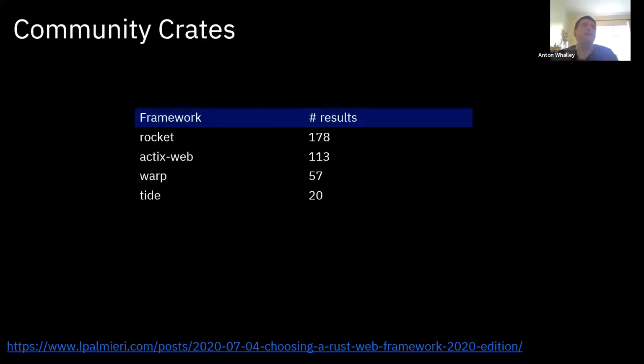And then in terms of the ecosystem around them, so these are crates that add additional functionality on top of the web service framework. Rocket has 178 add-ons, Actix 113, Warp 57, and again Tide coming in quite low there with around 20. This is to understand how healthy the ecosystem is, potentially from a wider adoption approach. Okay. So they're the types of criteria that Luca looked at in order to select a